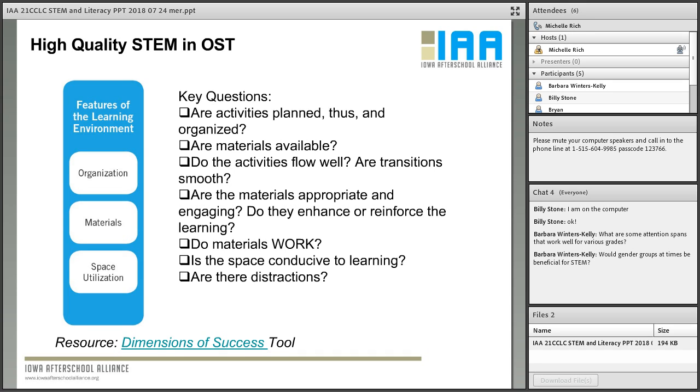not a developmental expert, so I can't say for sure what attention spans are appropriate for different grades, but I think generally you can assume that younger kids are going to have shorter attention spans than older youth, and then it's very dependent and variant on the activity itself. I imagine that if you have an activity that's very hands-on, they might be engaged for longer periods, and then if it's minds-on and hands-on, I think that's even better to equip them with a greater attention span on the